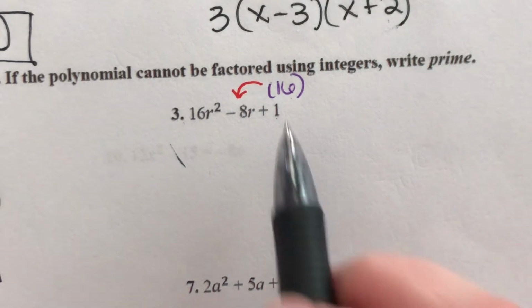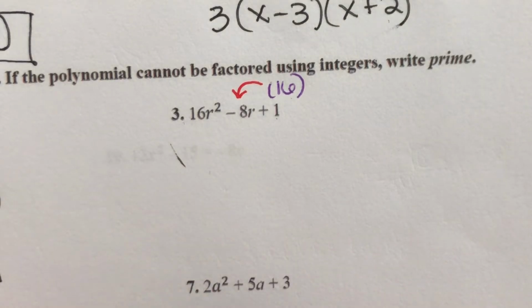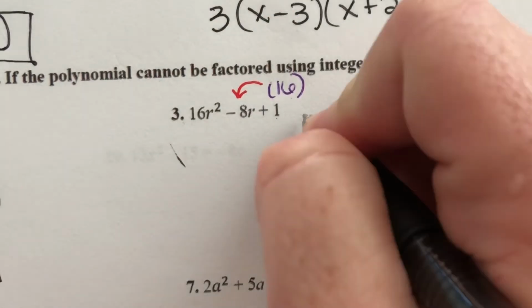Okay, so we're going to think of all the factors of 16 that add up to 8. That's 4 and 4. 4 times 4 is 16. 4 plus 4 is 8. But they both have to be negative. So that's negative 4 and negative 4. So I'm going to rewrite this as, I'll write it out here to the side,